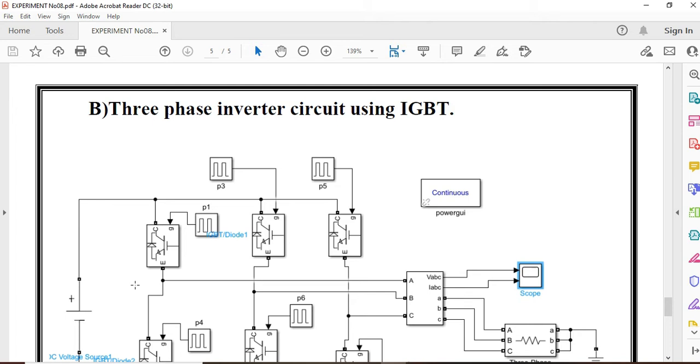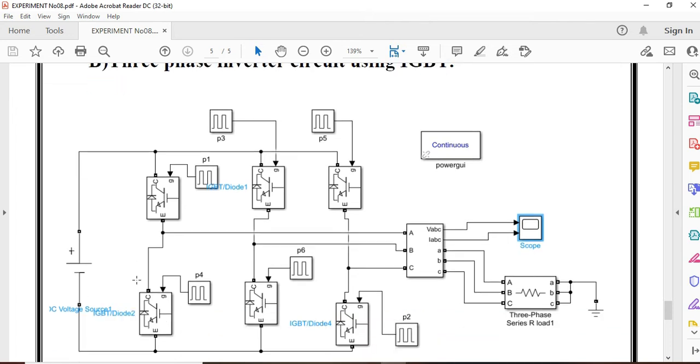When you observe a three-phase circuit, here I have applied one voltage source. यहाँ पे आपके पास V हो जाएगा. This is your total V, and you have applied a total of 6 thyristor or 6 IGBT over here. This is your three-phase load. This is the synchronous scope between your load as well as your sources.